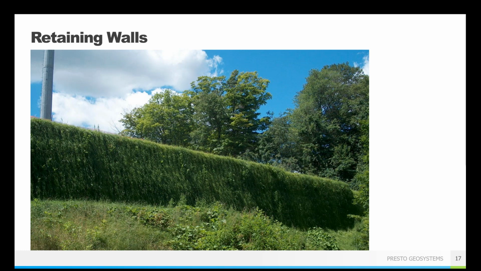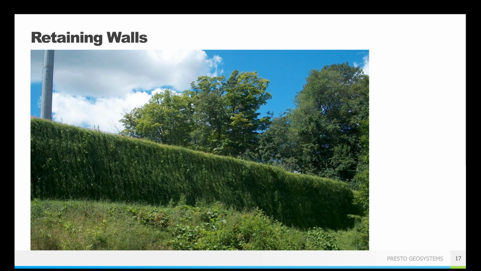And a majority of GeoWeb walls are vegetated for a variety of reasons, but aesthetics are probably a big one. Stormwater reduction is a big deal, allowing for that water to infiltrate through. Vegetation can capture stormwater runoff, even from hard surface pavements, so it can be really nice to sort of integrate that quickly into the groundwater system. So if you have that ability to do vegetation, it's a really great option. It's probably one of our most common applications.